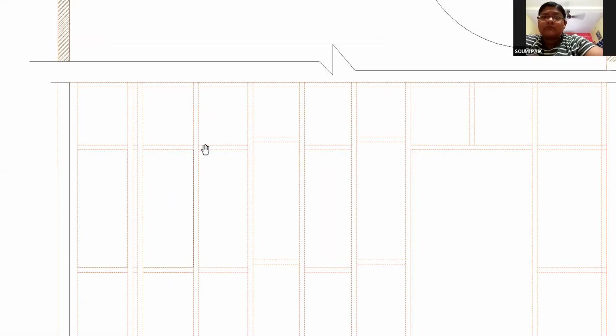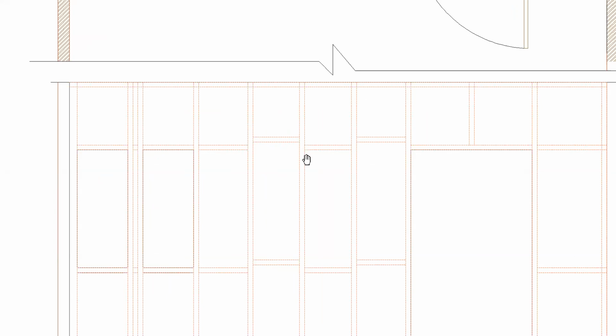I haven't made it straight. You can see there's zigzag, like one goes up, one goes down, one goes up. The reason behind that is when you have to fix them through nails from the side, you need a space. That's why you stagger a little, so that you get space to nail them and fix them properly.